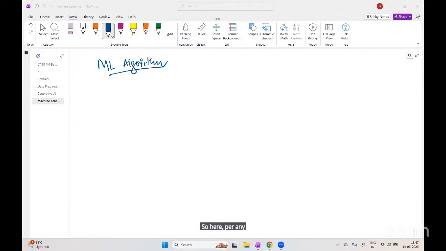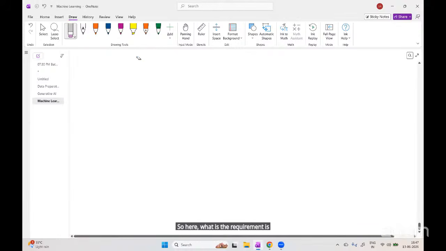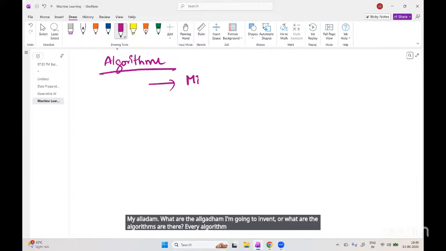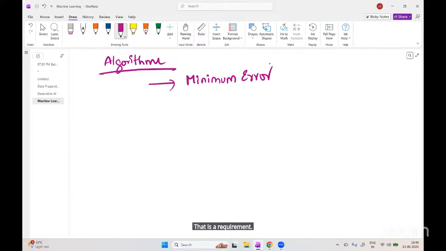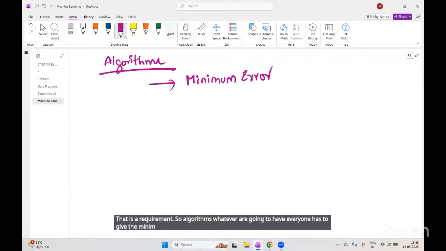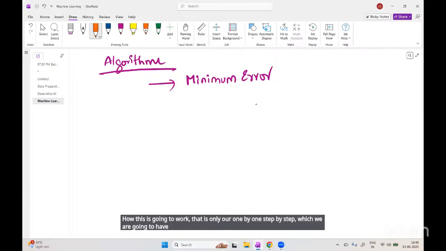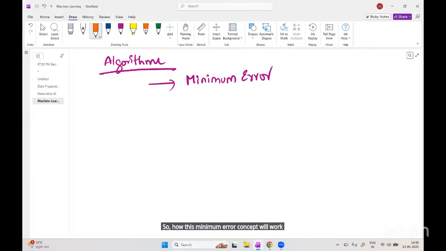So here, what is the requirement? My requirement is that I want my algorithm, whatever algorithm I'm going to invent or whatever algorithms are there, every algorithm has to give me the minimum error. That is the requirement. Whatever algorithms we are going to have, everyone has to give the minimum error. How is this going to work? That is what we will see one by one, step by step. So how will this minimum error concept work? Now, for example, if you take the errors,